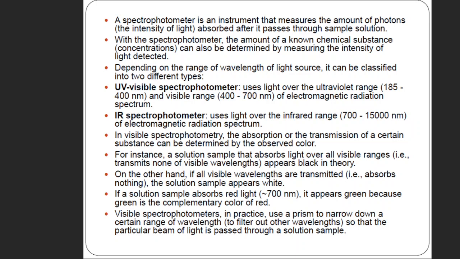If we are employing an instrument which has 400 to 700, that is a visible range radiation emission, then that is called a visible spectrophotometer. Generally, most of the spectrophotometers have both together, a UV-visible spectrophotometer. So it will have a separate source of radiation for UV, and a separate source of light for visible range, and they are used in a common instrumentation.